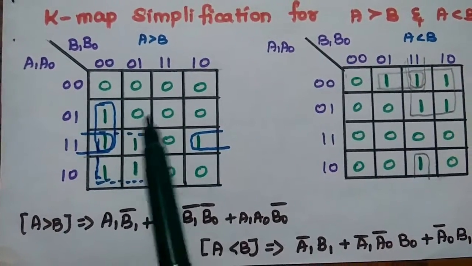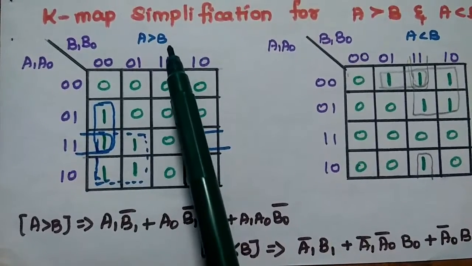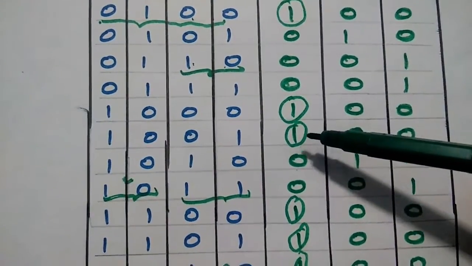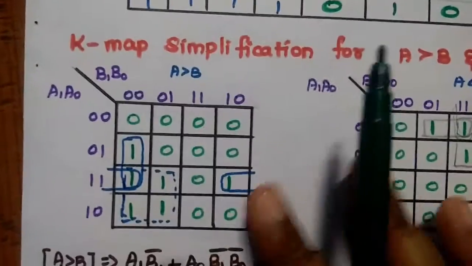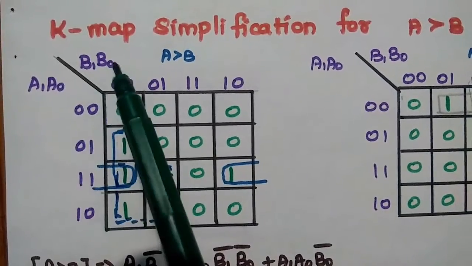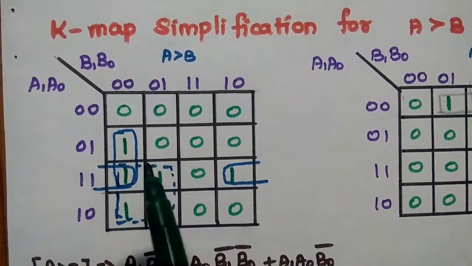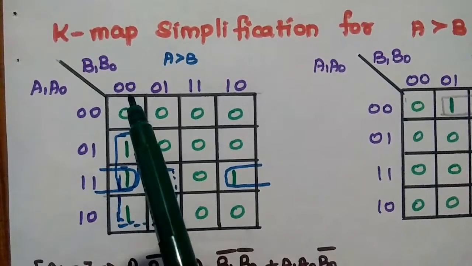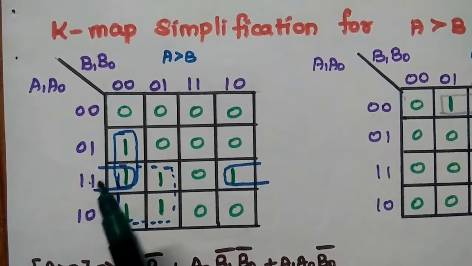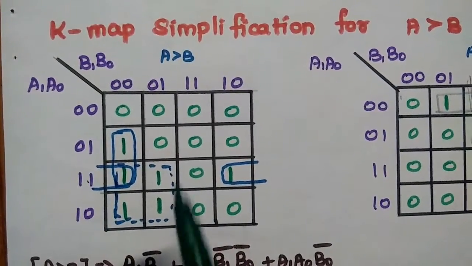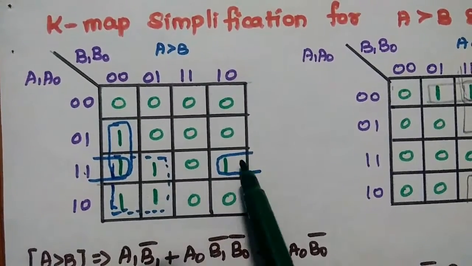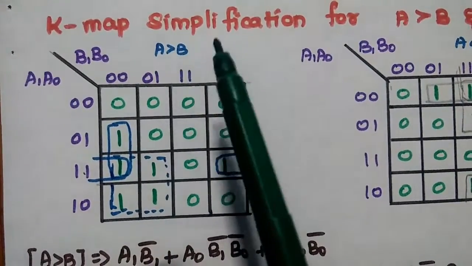So here we are going to consider A is greater than B. A is greater than B means we have to consider only the possible output. So wherever 1 occurs, we are going to mark in this table. So here A1, A0, B1, B0. For this A greater than B, we are obtaining the output 1 for 0, 1, 0, 0 combination, 1, 1, 0, 0, 1, 0, 0, 0 and 1, 1, 0, 1. Likewise 1, 0, 0, 1. Here it is 1, 1, 1, 0. So there are 6 possible outputs for this A greater than B.